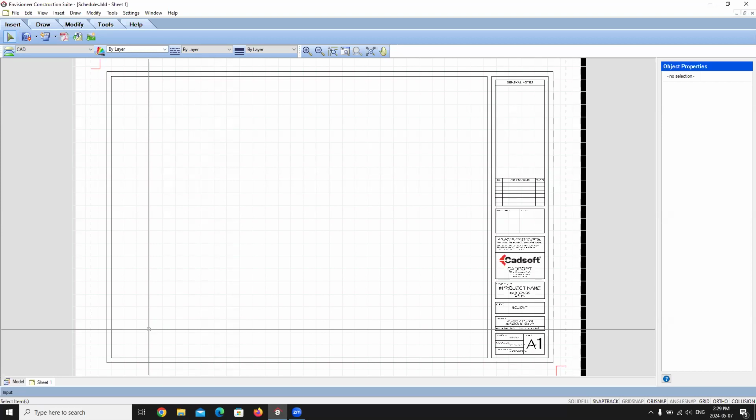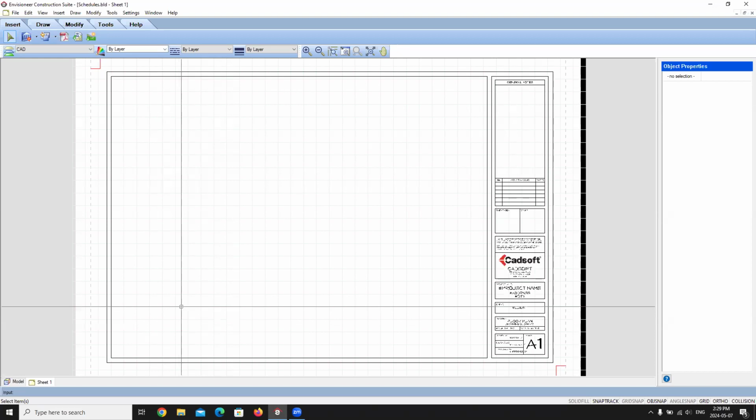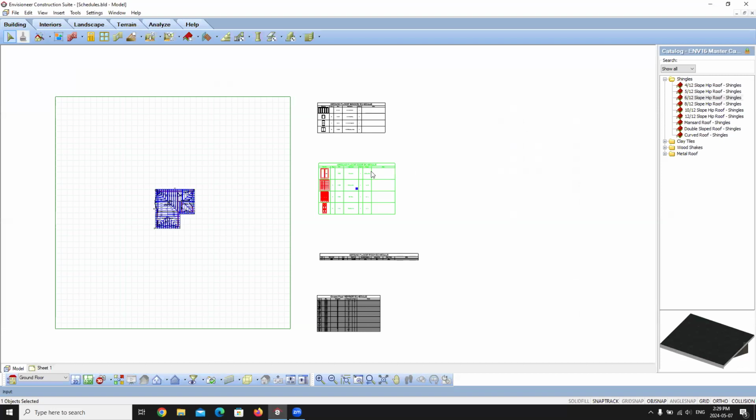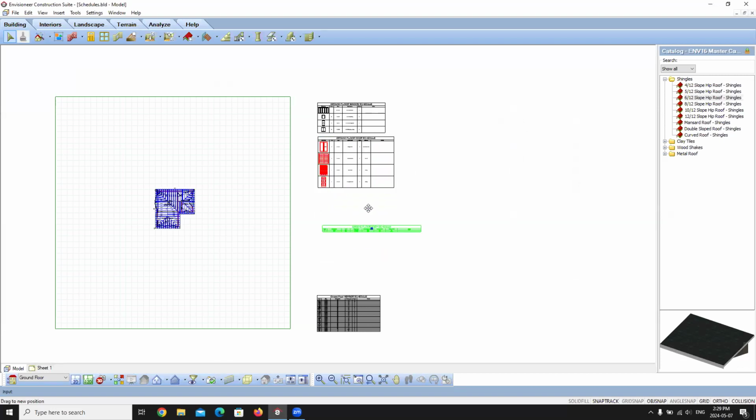You could add in all the schedules for the ground floor, and you can go back into your model and simply move everything so that they're really close together. If you want to do them all at once, I'm going to move this guy down and move this one up so that they're kind of close and similar. And then you can go into your worksheet,